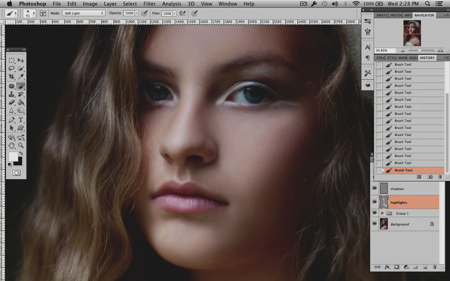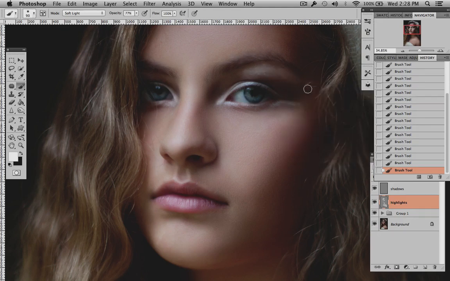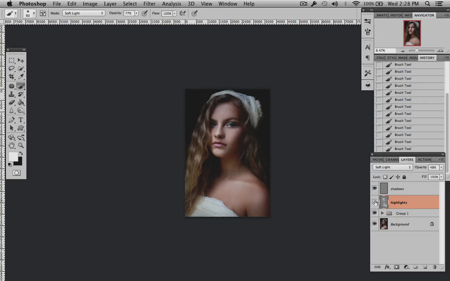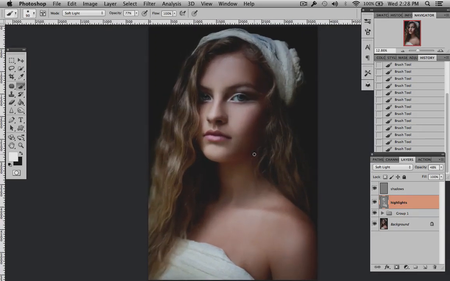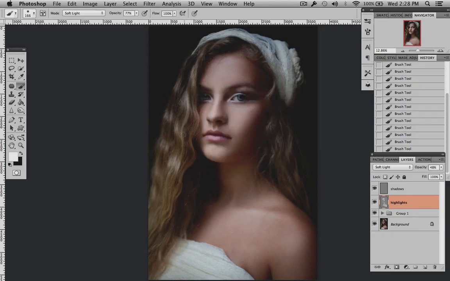I'm going to go to 100 of the eyes and bring it down a little and paint in the irises to make her eyes pop. Now I'm also going to use this to highlight under the eyebrow. And we're going to zoom out and see what we have done so far. Now you can also use this to highlight the hair where the light is falling. So to highlight her hair,